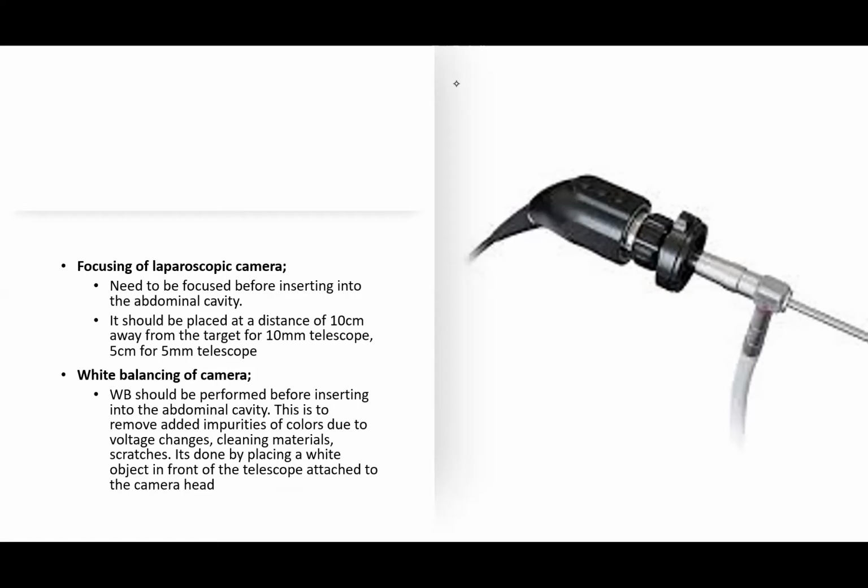For a 10mm telescope, we said these telescopes are of various sizes, ranging from 1.5 to 15 millimeters. So for a 10mm telescope, if you want to focus, the objective lens should be 10 cm from the target